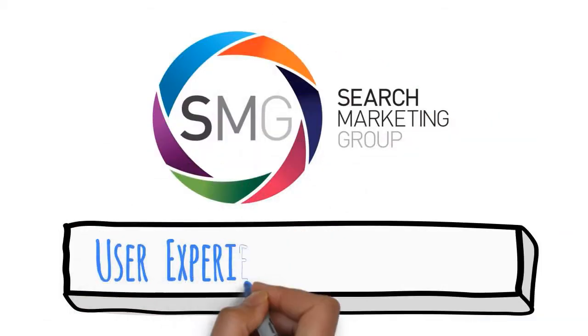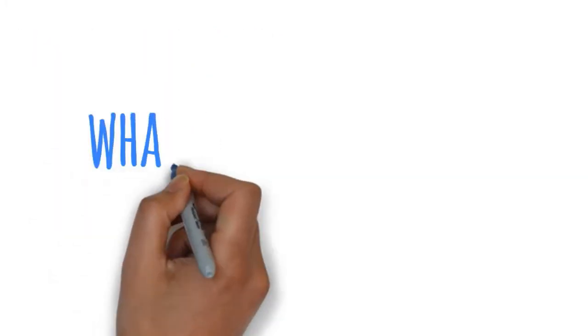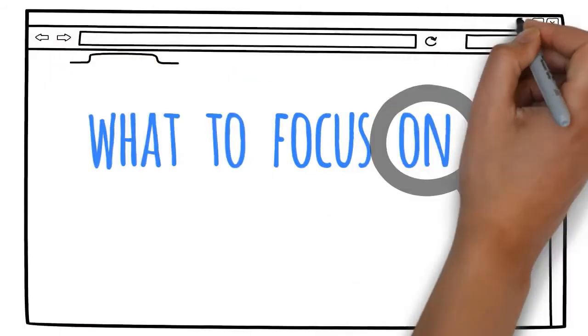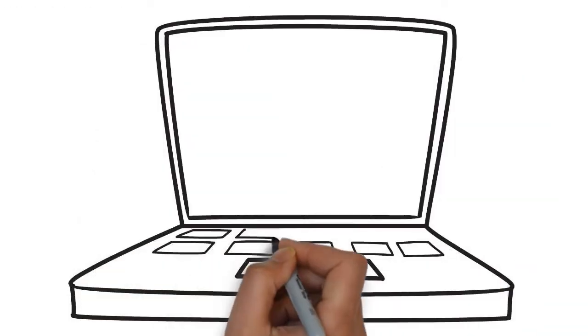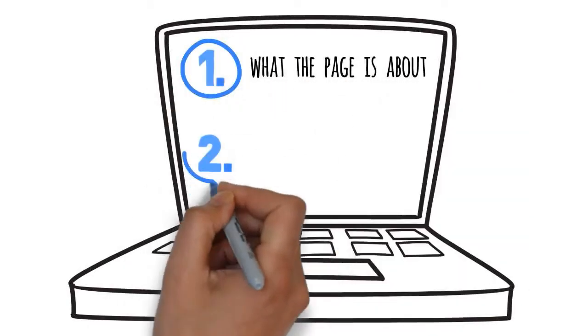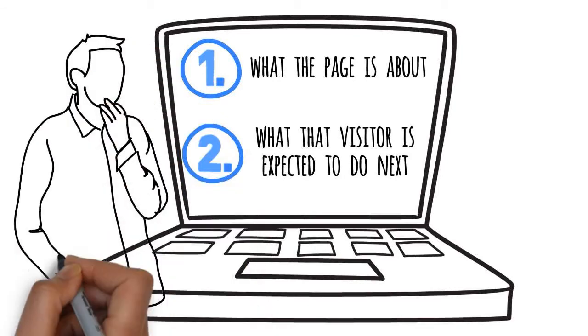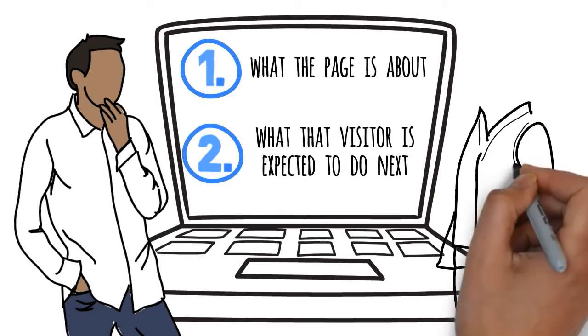In this video, we're going to look at user experience optimization and, more specifically, what to focus on when you're redesigning your website to ensure you're making the most of the traffic you attract. When a visitor lands on a page on your site, it's imperative that you provide two pieces of information as quickly as possible: what the page is about and what that visitor is expected to do next. By focusing on these two things, you can maximize user engagement, ensuring you get the most out of every visitor